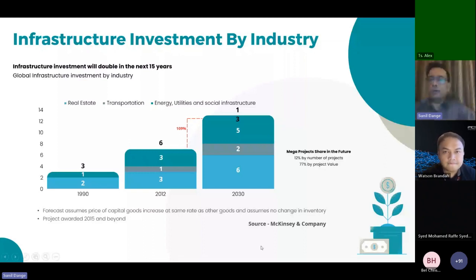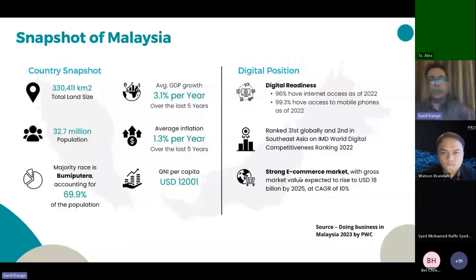And if you notice, some of these are mega projects, some are small or mid-sized projects, but inevitably there are projects. We cannot avoid them. So the next question comes: if this is the global scenario, how about Malaysia specifically? Even in Malaysia, it's not about just a small number of projects. If you look at the country snapshot, Malaysia's GDP itself,